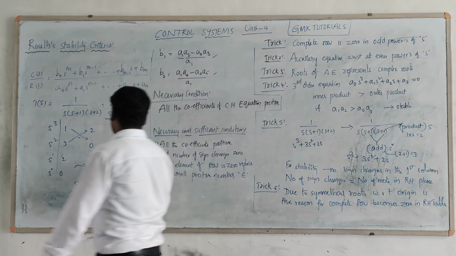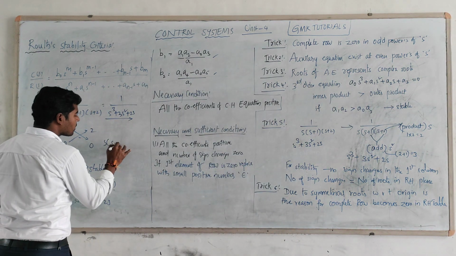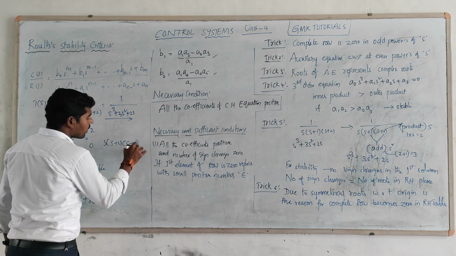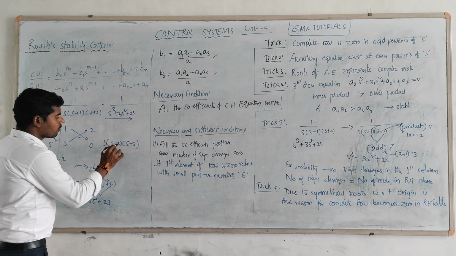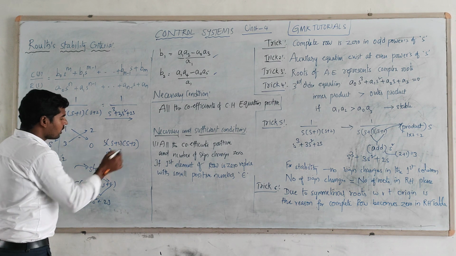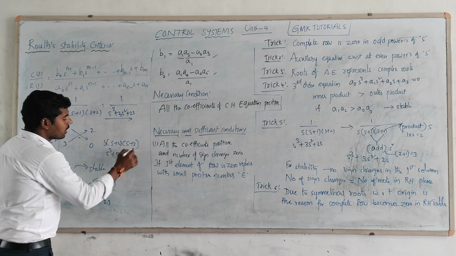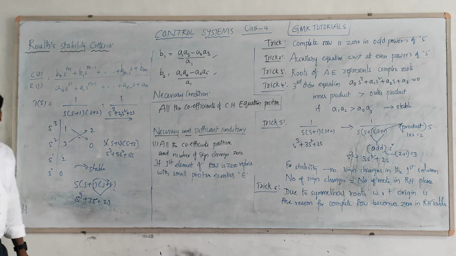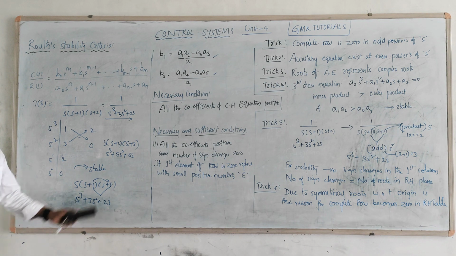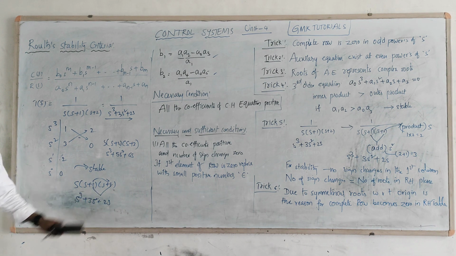If you are replacing any equation, s into s plus 2 into s plus, this is also valid, no issues. Suppose if you are taking s cube, so generally if you are taking this one, 2 plus 3, that is nothing but 5s square, 3 2s are 6s. Within just only 10 seconds you can represent the complete equation. That is one of the tricks for this case.